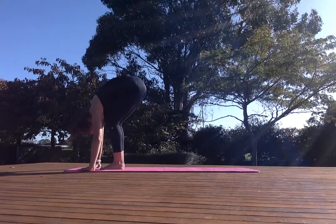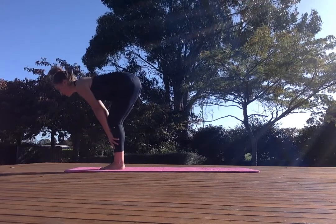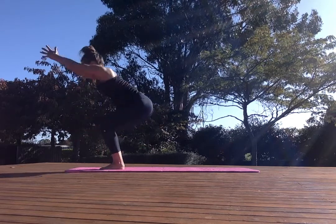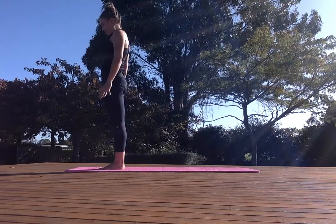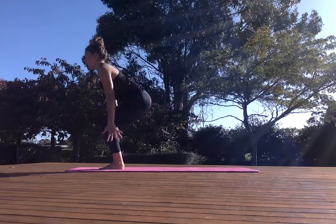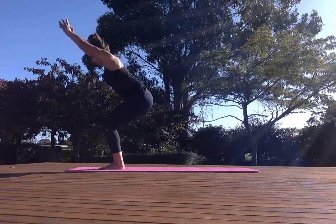Stepping forward to the front of the mat, forward fold, inhale, halfway lift, exhale to fold, inhale to chair pose, tucking under with the tailbone, exhale, back to the beginning. And we repeat sun salutation B, inhale to chair pose, squeezing the knees and squeezing the feet together here, exhale